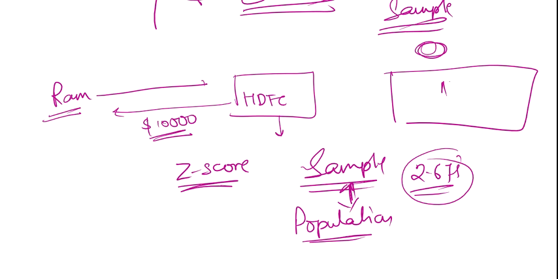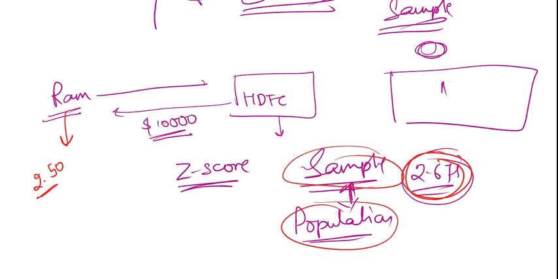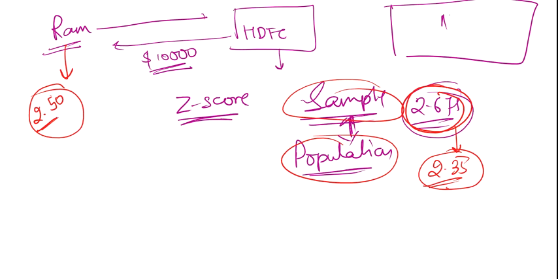Suppose, I am just giving an example, that the Z score for Ram came as 2.50, so it is below the cutoff, but they have seen that there is some difference between the sample and population, so they have adjusted their cutoff to 2.35. So when my cutoff is adjusted, Ram will get the loan, his application will be accepted. So even when you are using the LDA method, we have to see whether this cutoff is applicable in my case or not, whether my sample and my population are matching with the given cutoff or not.